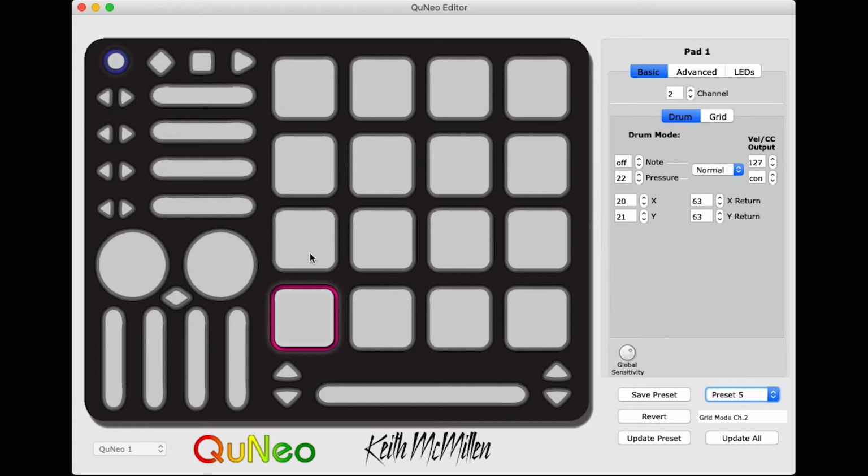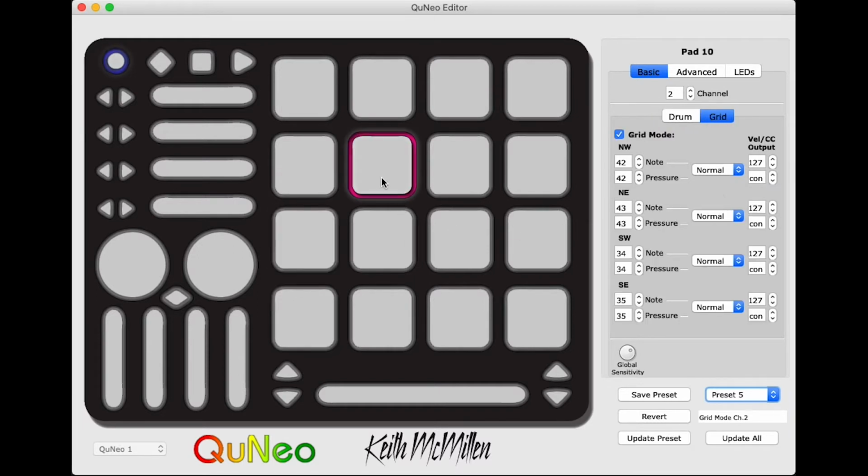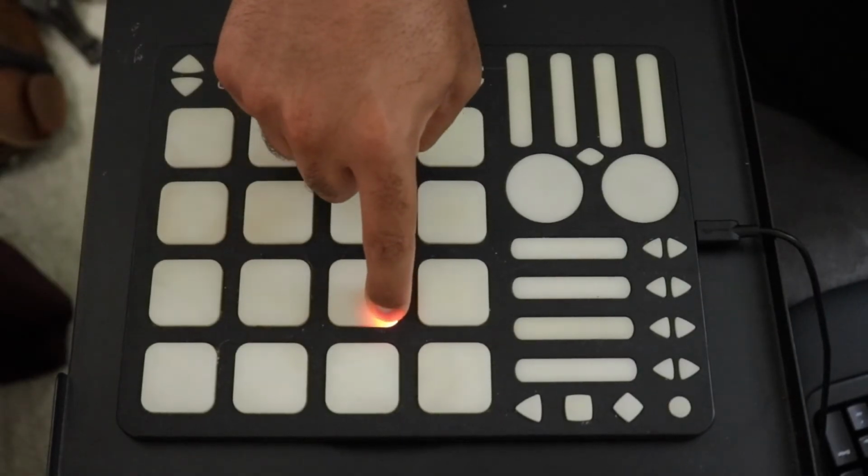So let's find a button that is actually in grid mode. Just keep your eye up over here. All right, here we go. Here's grid mode. You can see the directions here, each of the corners: northwest, northeast, southwest, southeast. Essentially, you press down here, it's now sending